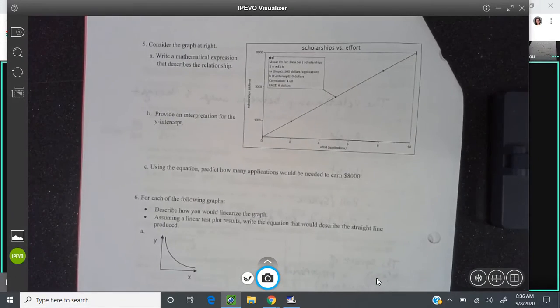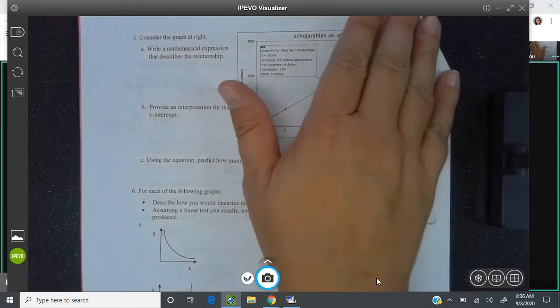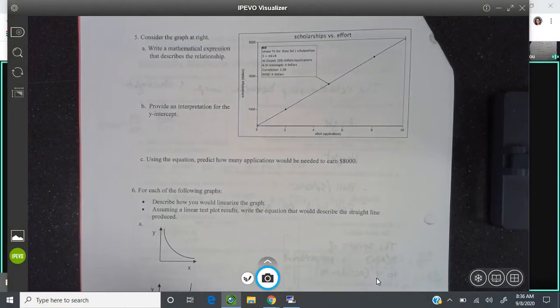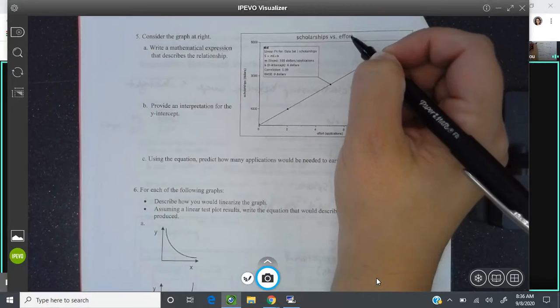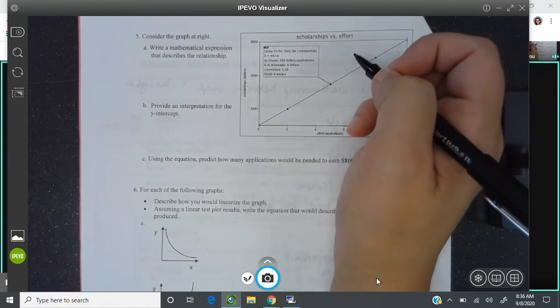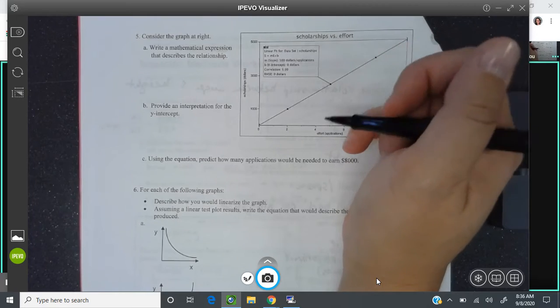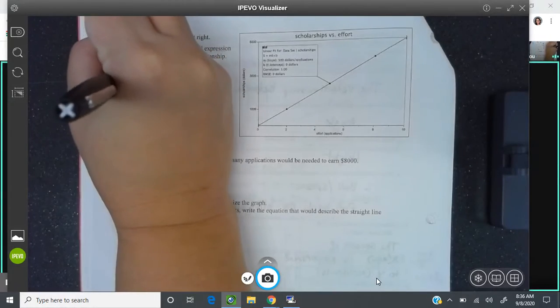All right, next. Consider the graph at right. We're going to write a mathematical expression that describes the relationship between scholarships and effort. This is what we would expect, right? As your effort increases, the amount of scholarships you earn also increases. If we're going to write a mathematical expression for that, we would write scholarships